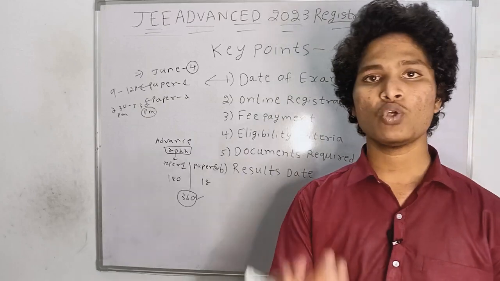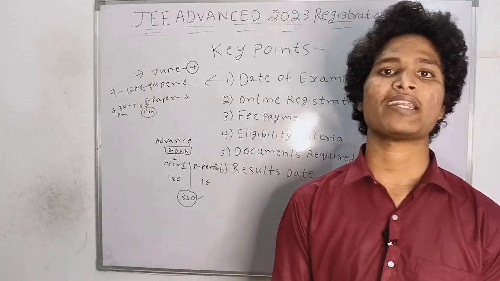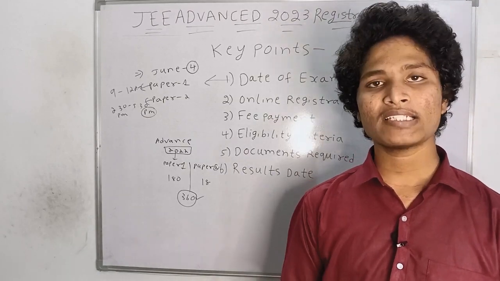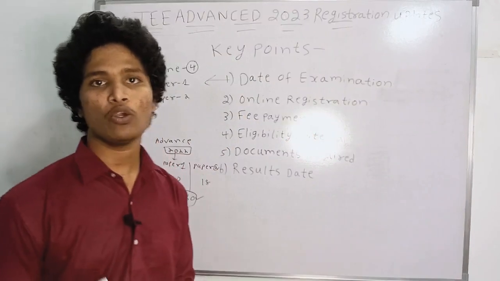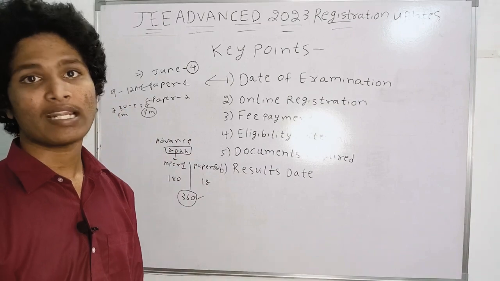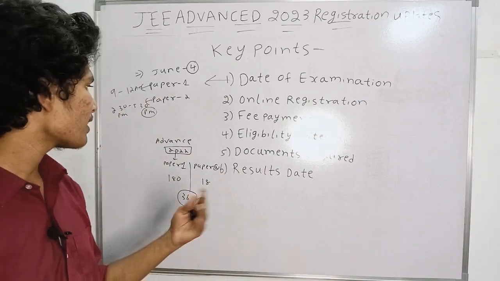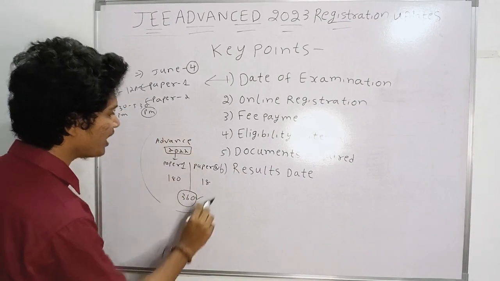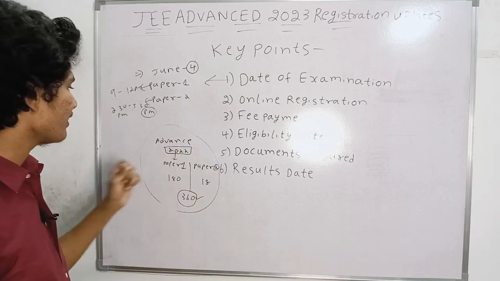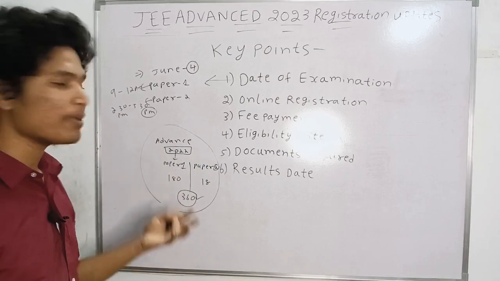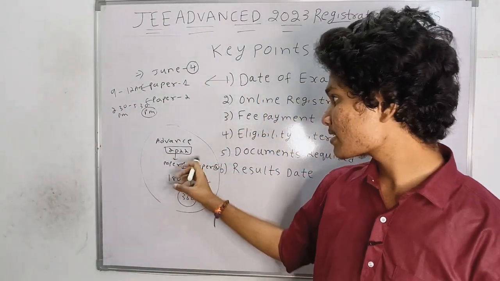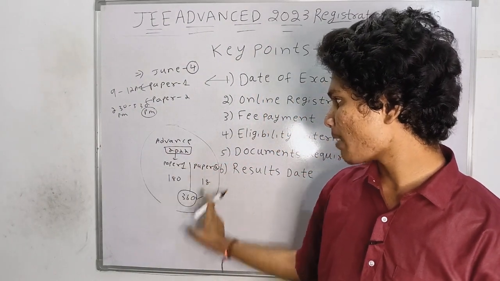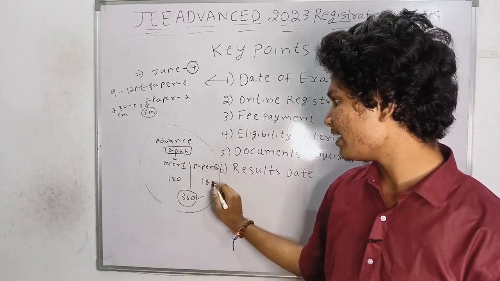You students have to say what pattern came in the examination, because only when you reach the exam center and sit in front of the system will you find out the pattern. Teachers cannot say the pattern, but this is a glimpse of JEE Advanced 2022 when I wrote it. I also appeared for JEE Advanced 2022 and saw the pattern, and in this pattern there was paper 1, paper 2, and the marks distribution was 180 and 180.